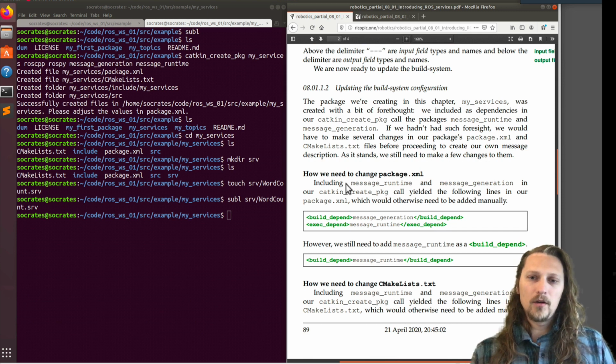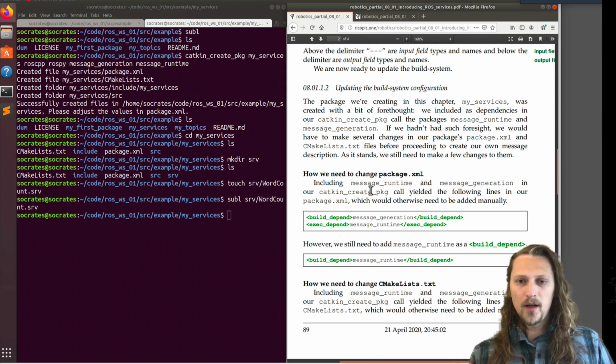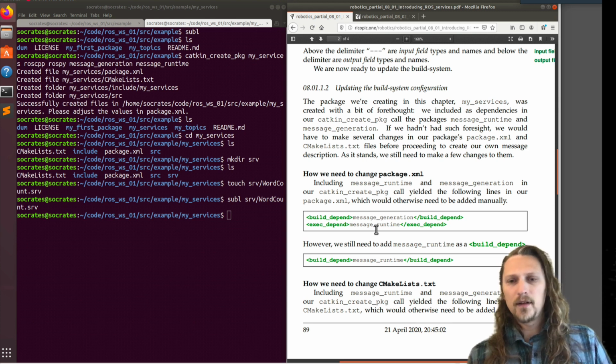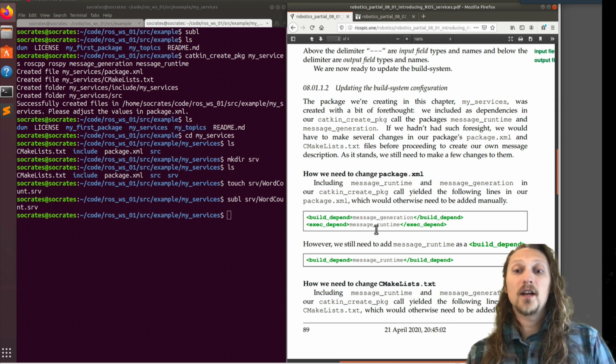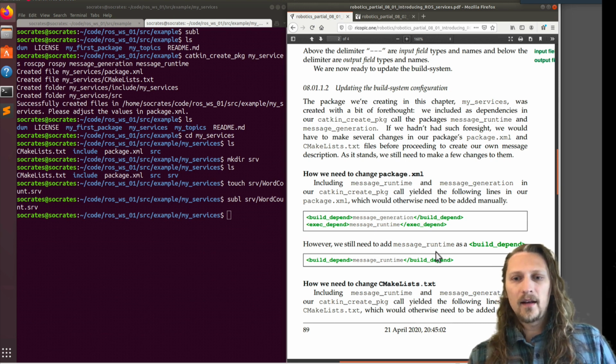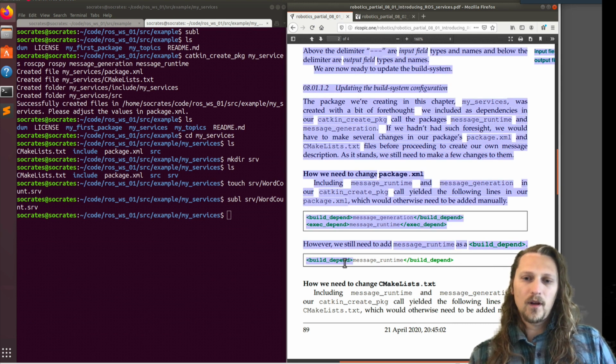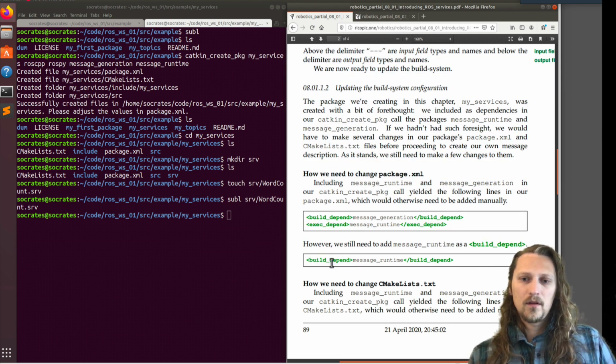So here we go. For the package.xml, including message_runtime and message_generation yielded these two. This is, I think, identical to what we had to do with the package.xml file when we had a custom message type that we defined. So we do still need to add message_runtime as a build depend. So copy this here,